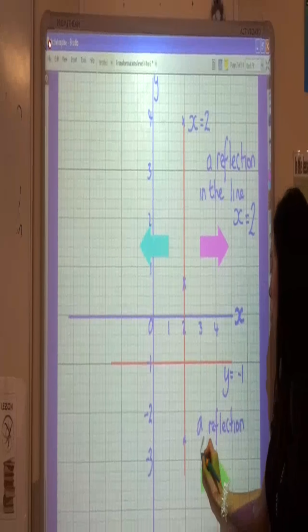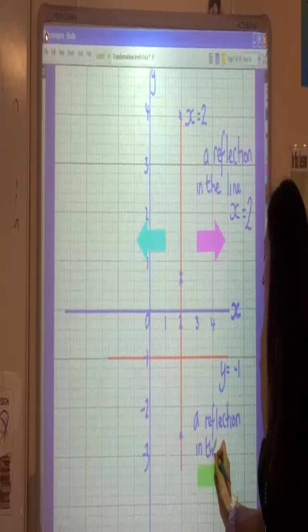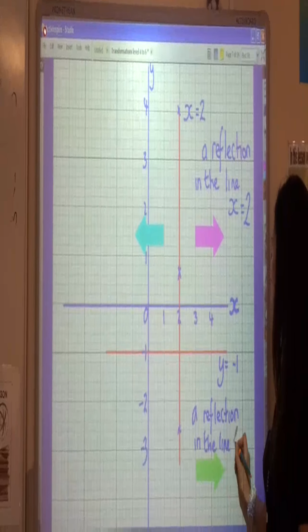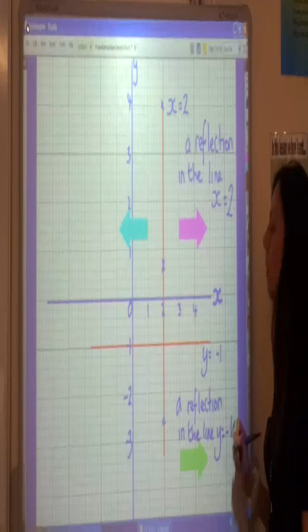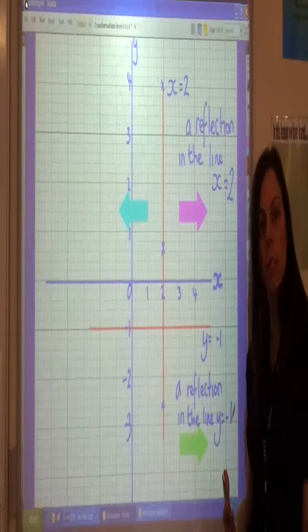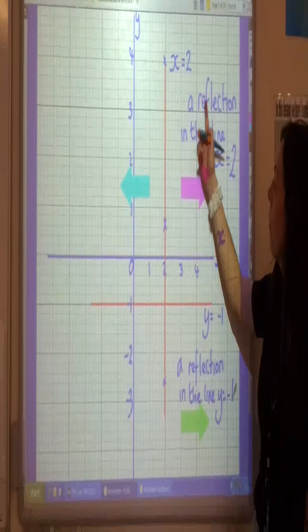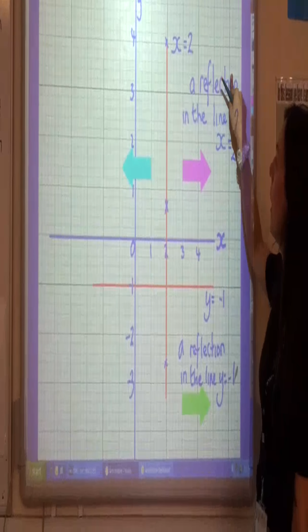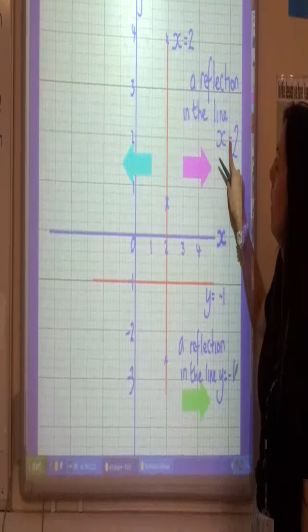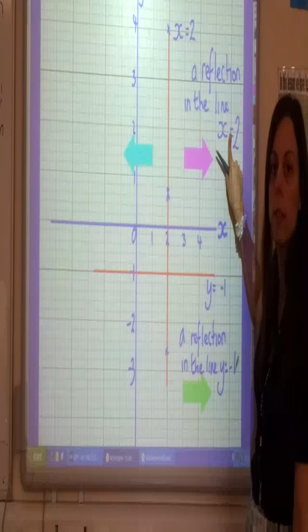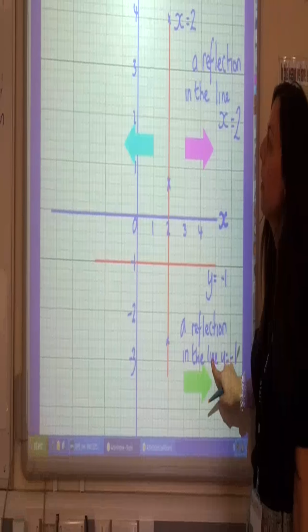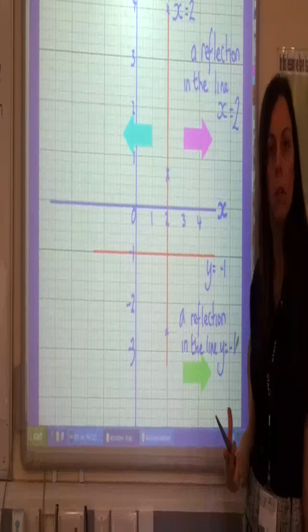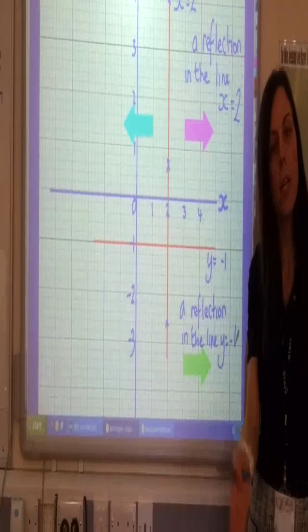This time I'm going to say in the line y equals -1. And when describing transformations that refer to reflections, it's very important that you give both points. You have to say it's a reflection, and you have to say the name of the line in which it's reflected. So what we've looked at today are our level 4, just simply drawing in our mirror lines and looking